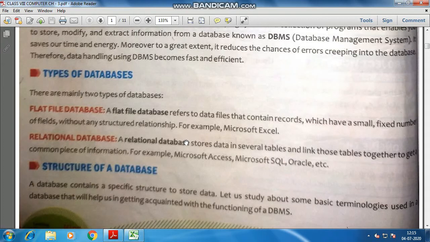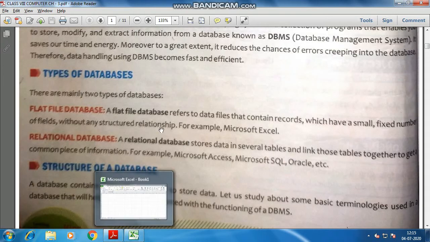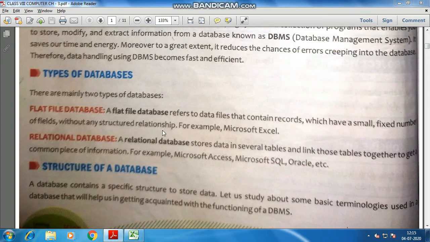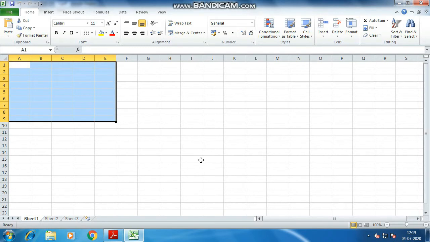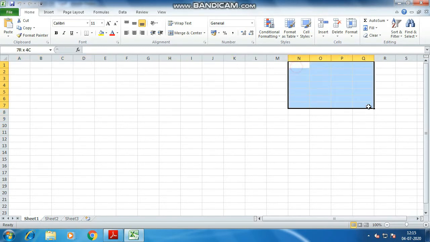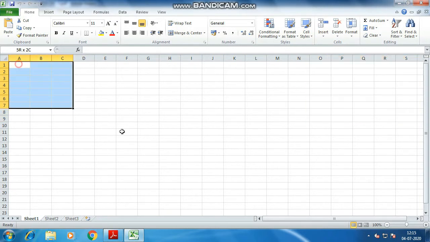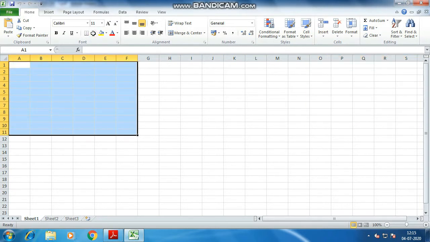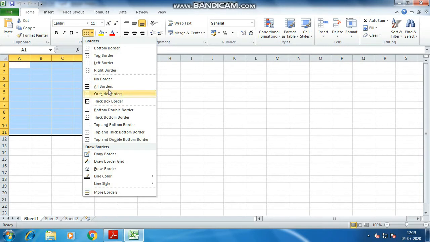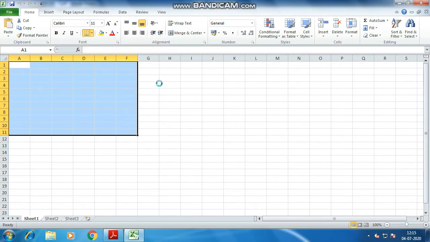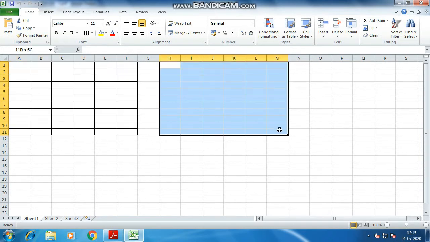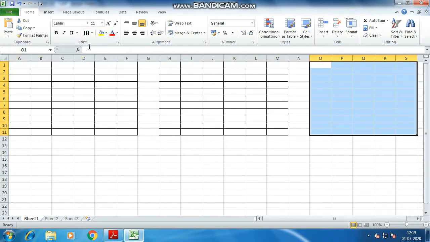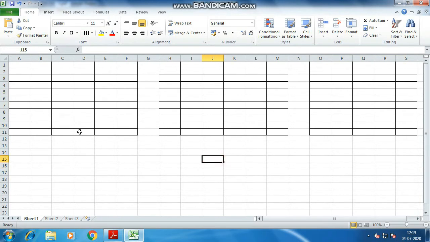It is without any structured relations. There is no relationship because we have sheet number 1, sheet number 2, sheet number 3. If you write here, this is one table, this is another table, this is the third table, and there will be no relationship between them because this is one file. I just want to demonstrate what a relational database is. Suppose these are the second and third tables, so 3 tables are there.